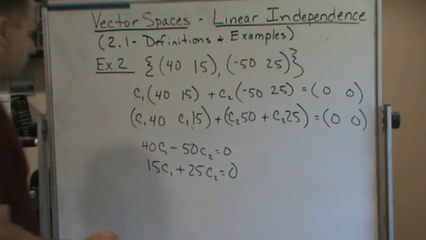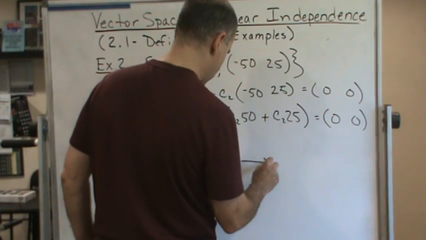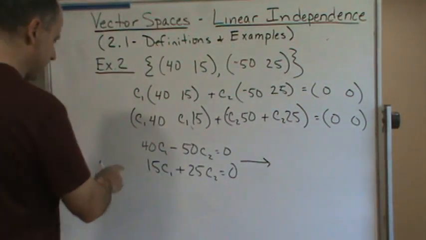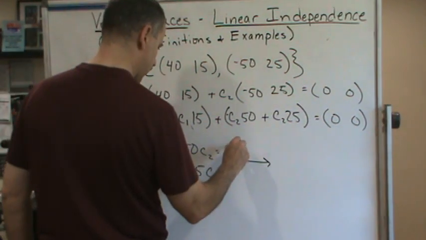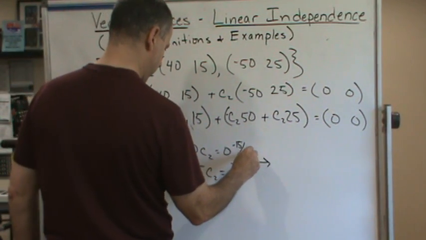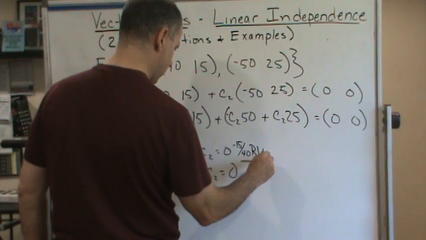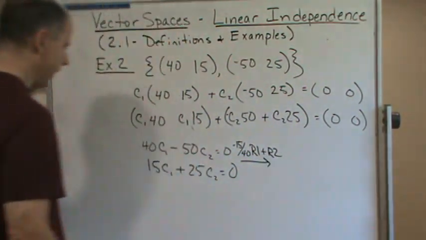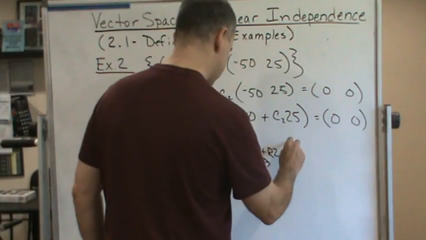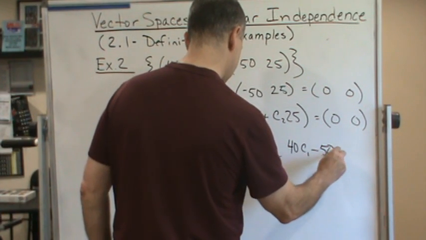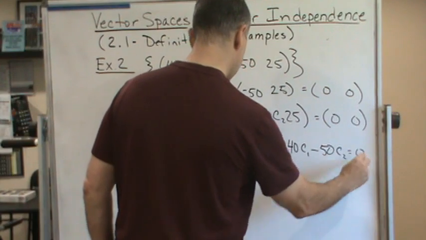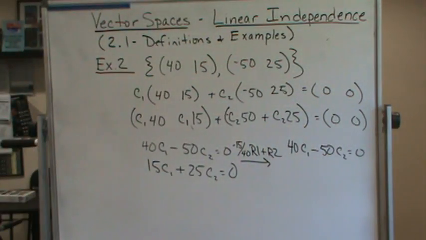And so when we use that, what are we going to do? We're going to take negative 15 40ths row 1 plus row 2. And so that's going to give us what? It's going to give us 40 C1 minus 50 C2 is equal to 0. And then what happens to the bottom one? Well, C1 disappears, and we end up with 175 over 4